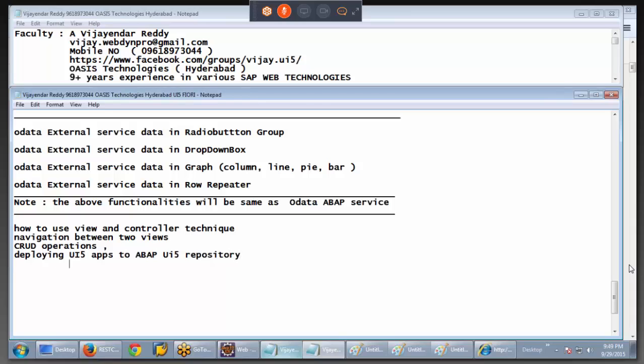And we'll try to understand, of course, Fiori applications also we are going to deploy. And then Fiori customization, Fiori apps customization and development. Then we are going to understand Fiori configurations,